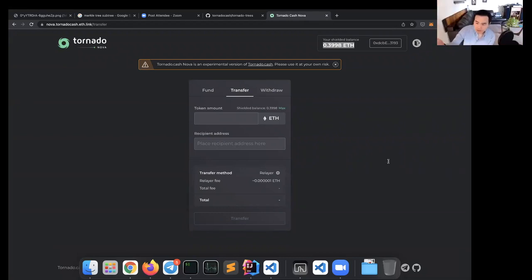And may I? That's a new question from Print. So, what are new things in store for Tornado Cash? For the construction that I described here,